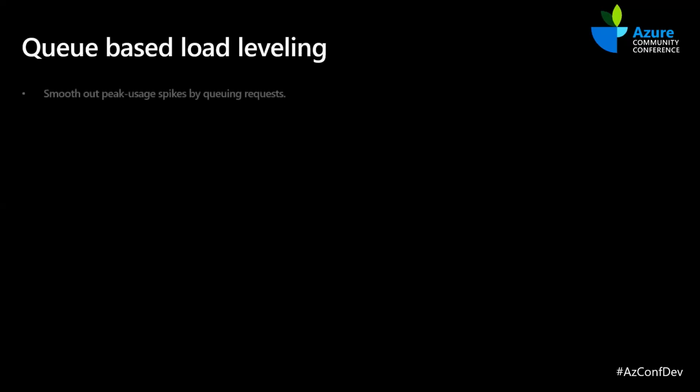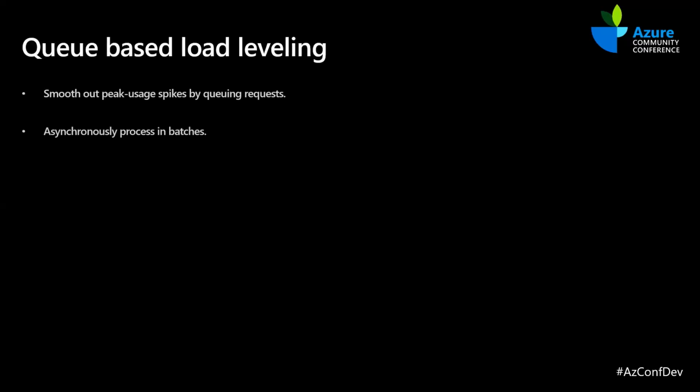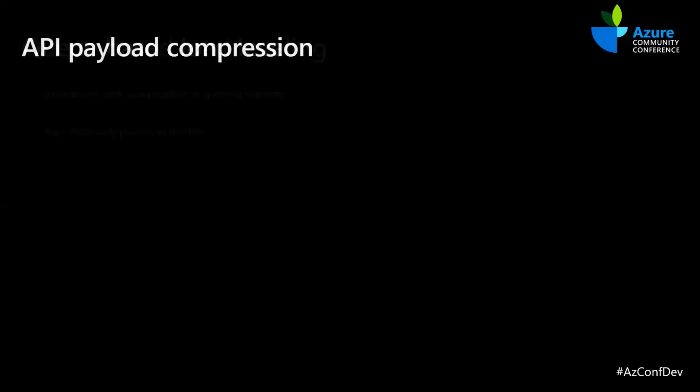And the other technique we use is the queue-based load leveling. So we don't commit writes directly to databases, as this would spike the DTU utilization. Instead, we take all the write requests and commit them to a message buffer, the service bus, and then we asynchronously drain them using a function app, and then we write it. So that will ensure that the load on the database is constant and under the threshold.